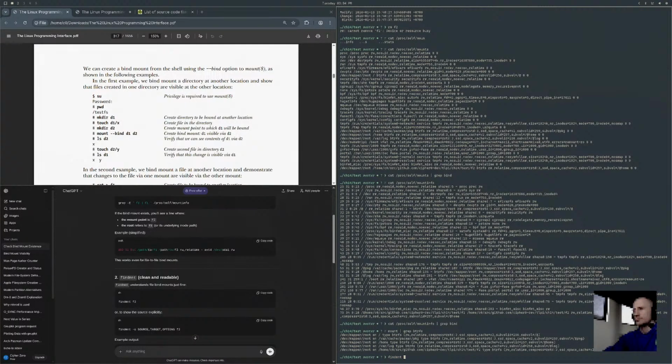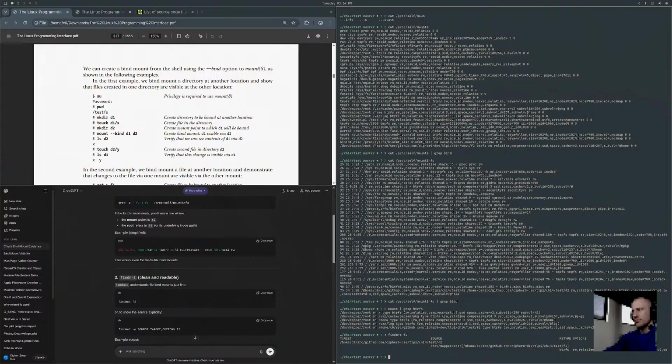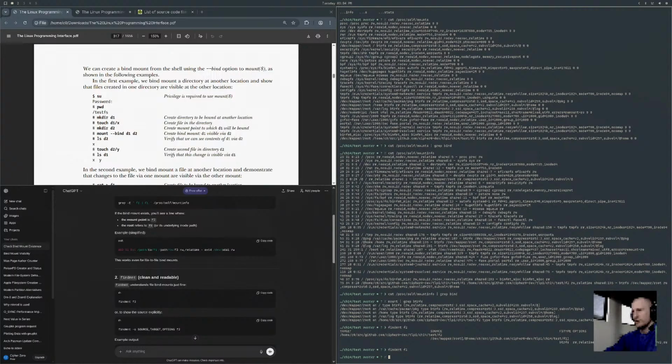findmnt F2. findmnt F1. Yeah. findmnt temp.